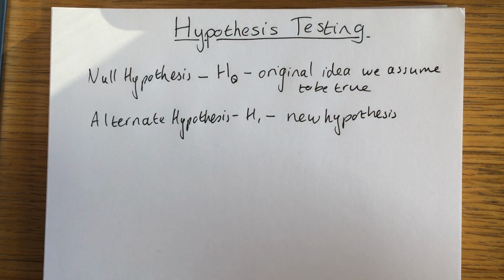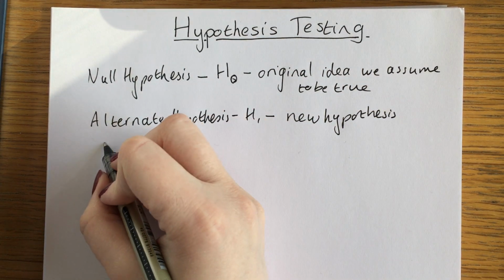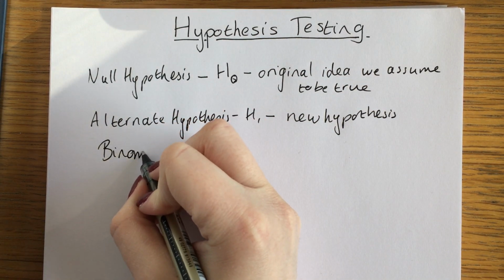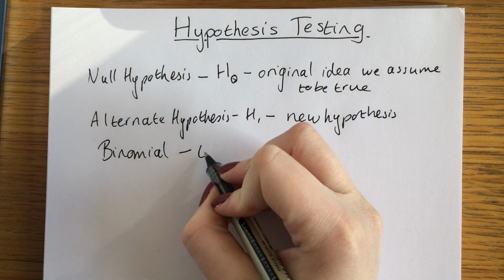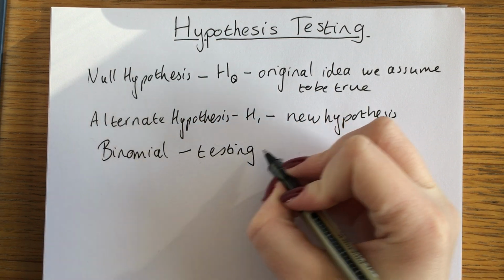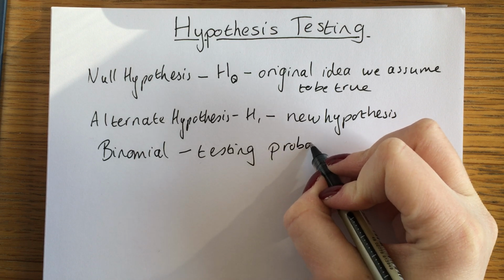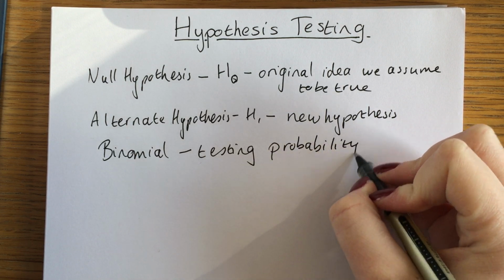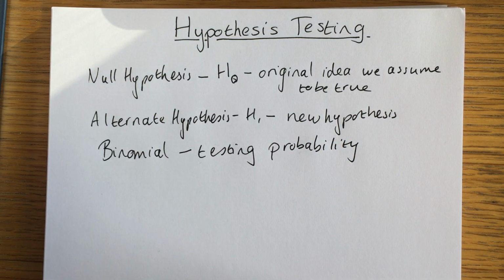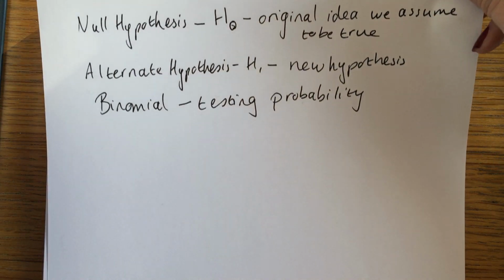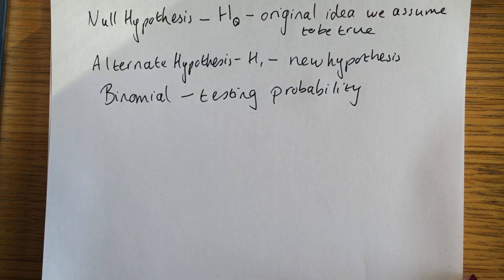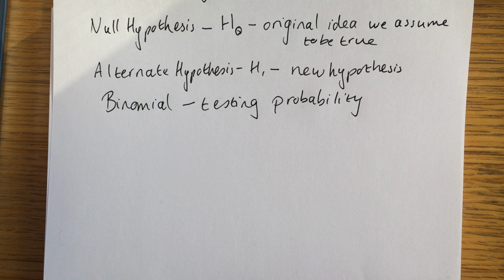Now, we are particularly looking at hypothesis testing with binomial, and we are testing the probability. So we think that the likelihood of something is P, and we are testing whether that P is likely to be true or not. So the first thing we're going to do is practice setting up our hypotheses. So on the second slide,